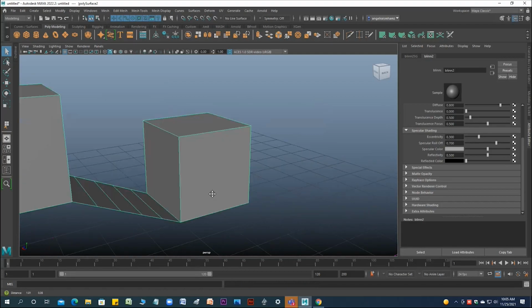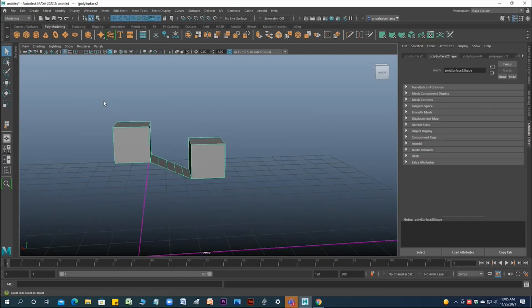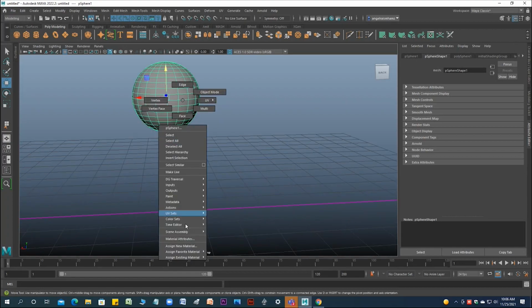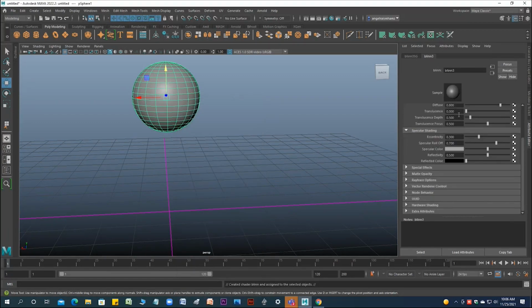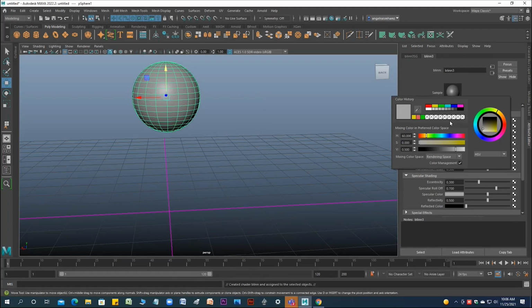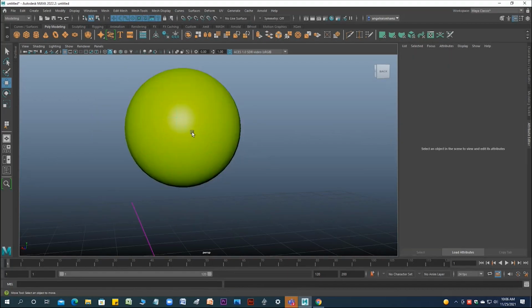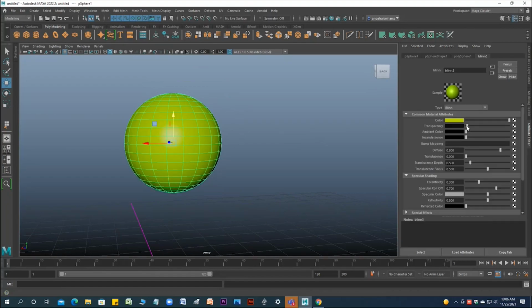Mostly on this cube kind of thing, you can't see the reflection. For that, you have to go for a sphere. Let's say I'm creating one sphere. The very first thing is the color. So I'm applying Maya Blinn. Color, it's written over there. You can identify the color. From here also you can pick. From here also many things are available. So that highlight you can see, right? It's visible now. Select this one, go to this one. You can add transparency also.